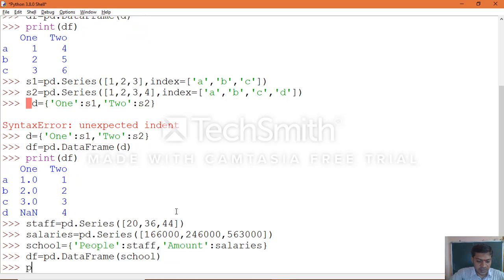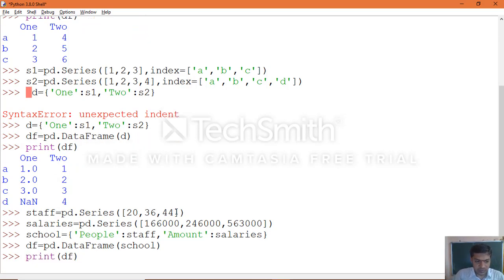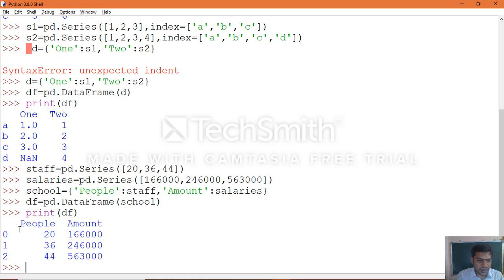Once you create the data frame, print the data frame object. So you can see clearly how we get that. The keys are represented as column names, and indexes we didn't specify for the data frame, so default indexes are taken, because for the series objects also we did not specify any index. That's why you see default index 0, 1, 2.